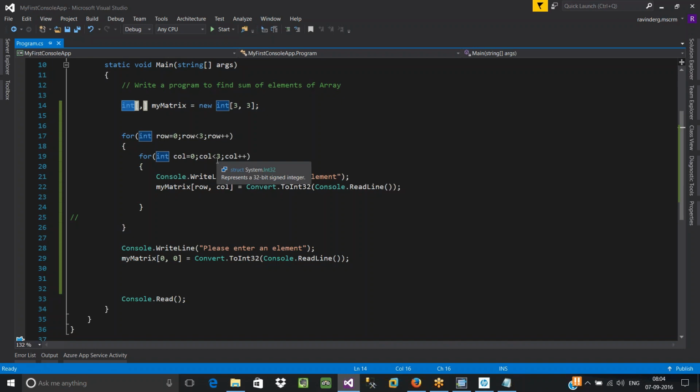Okay, but you understood the complete process, right? What is a matrix? How to store elements into a matrix? Yes, I understood that. And Nikhil was asking one question. What is the best fit? So where can we best use arrays?